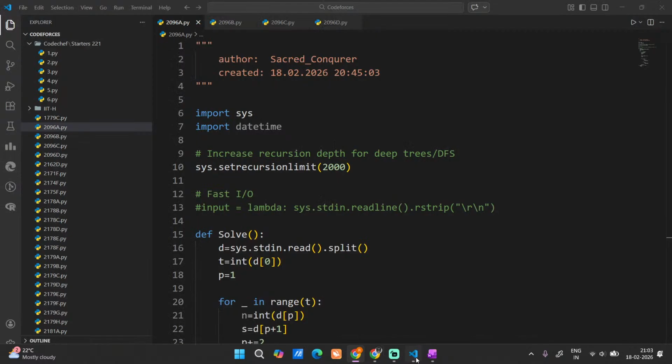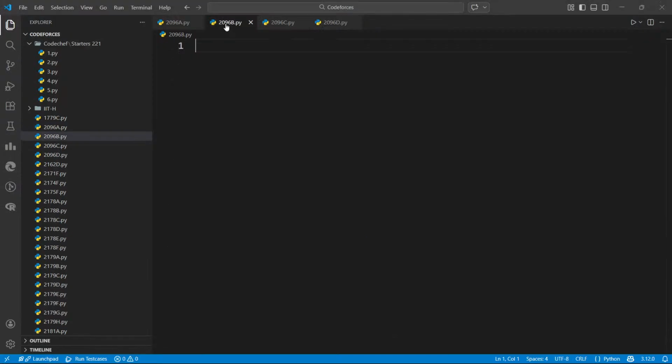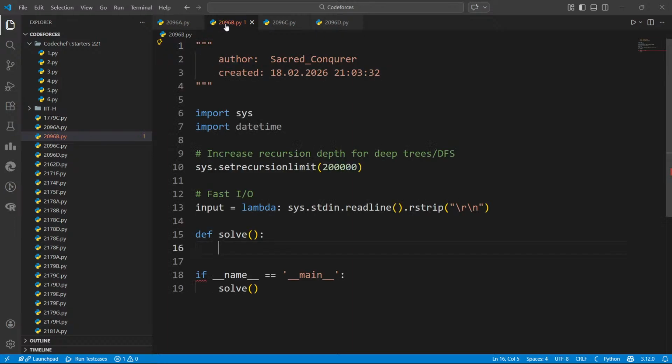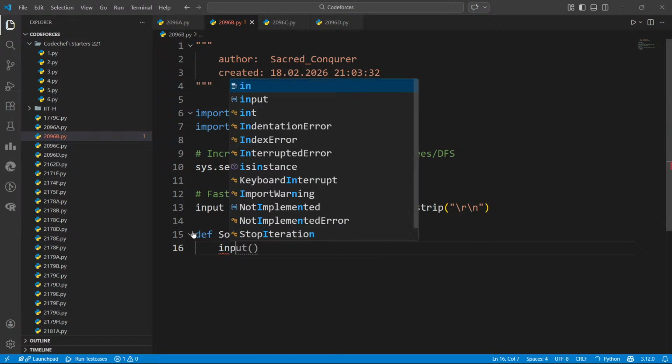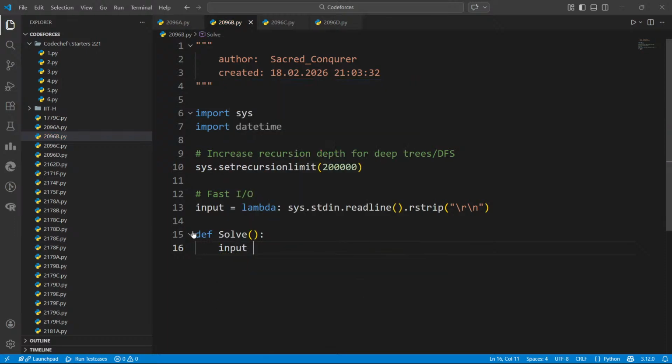We'll go to our code, 2096B. I'll call my header. So this is imported. Define solve. I'll take input. Again, I'll just call this inside.